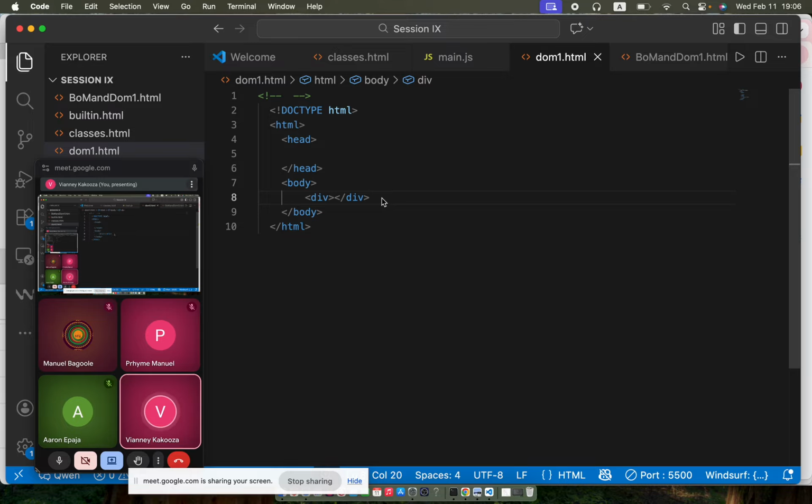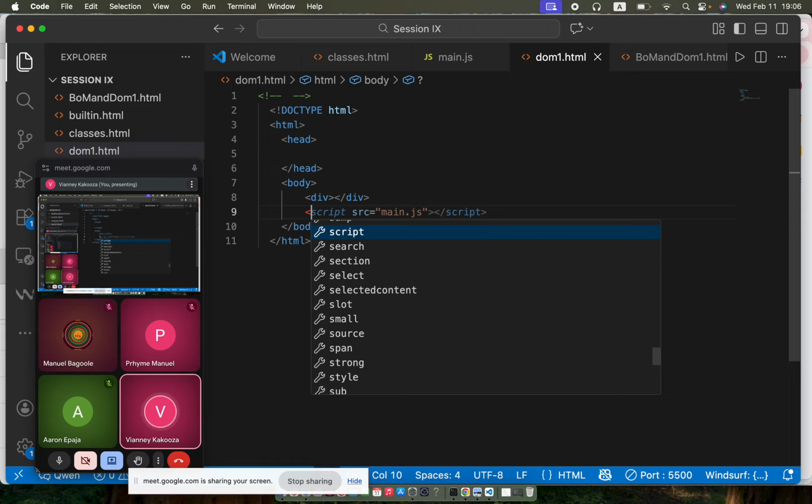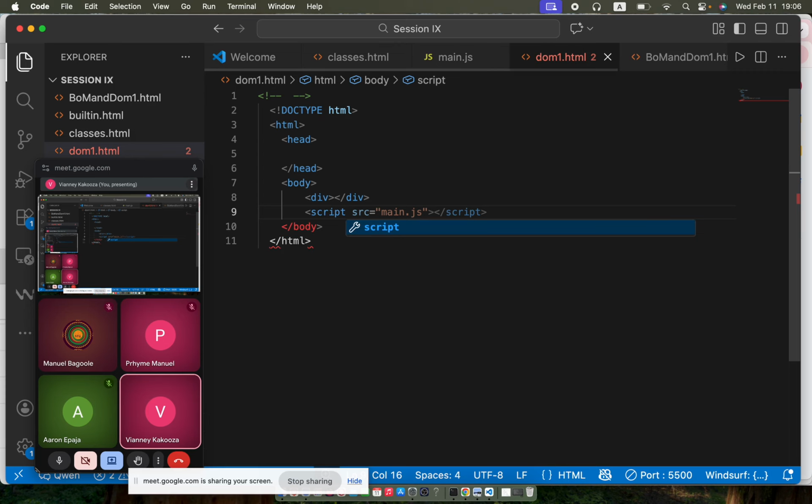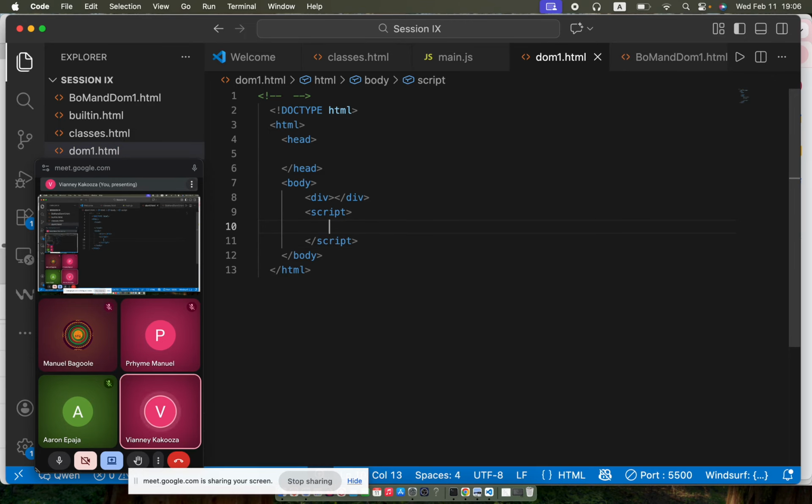So one of the ways we access the body is through something we call query selector. So script. This is one of the elements of the DOM. There is what we call query selector and query selector all. Okay, so what are the elements? So the body, the div, these tags are called HTML elements. And yeah, let's have